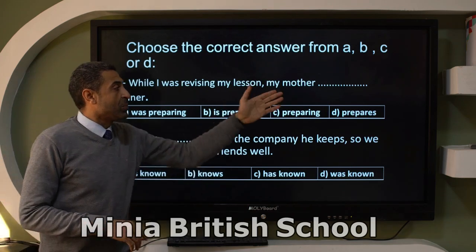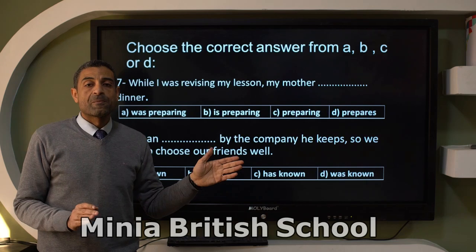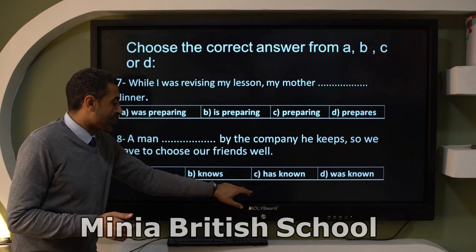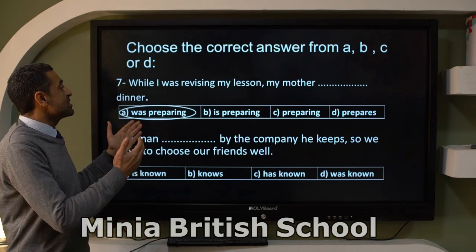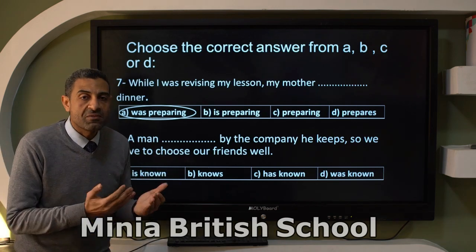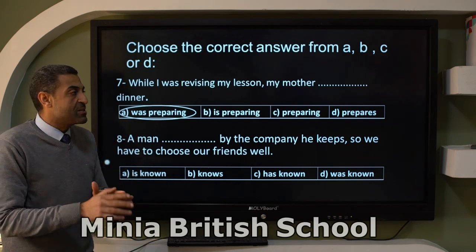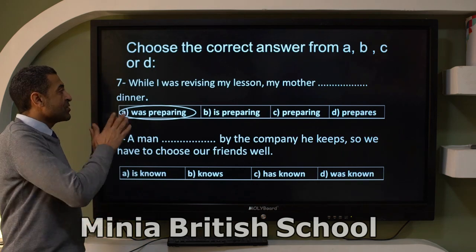And for the second part of the sentence, we can use past simple or past progressive. But here, we have to use the past progressive. Why can we use the past progressive here? Because these two actions are different actions, and no action interrupted the other one. At the same time,